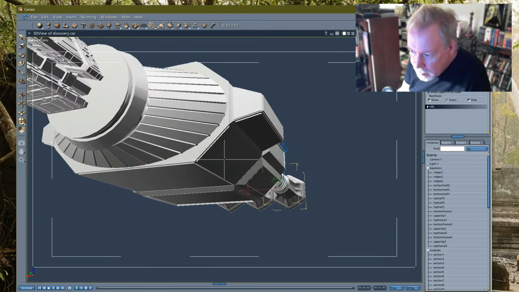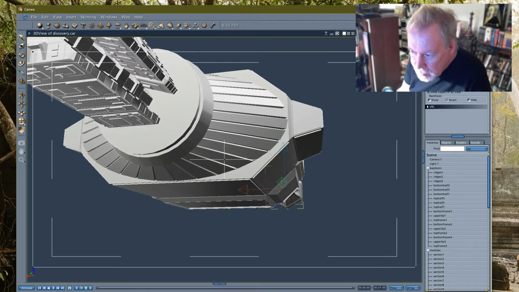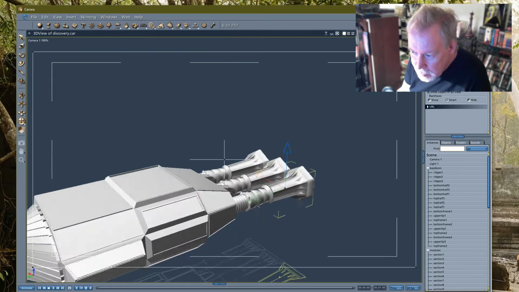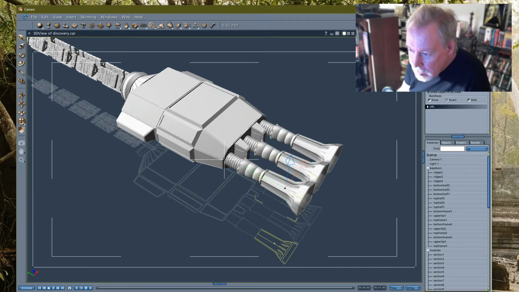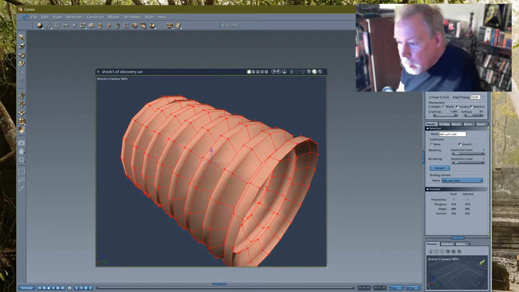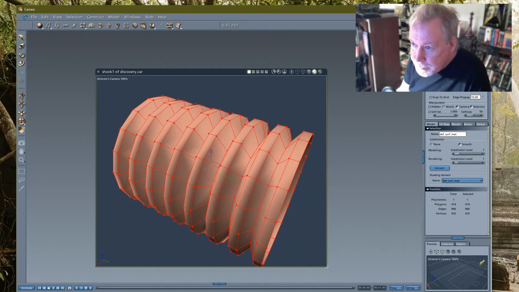But from this angle, I like to see the engines. But in the movie, from this angle, you don't see the engine. Or if you do see the engine, you see like that much of it behind the ship. But I like to see that much behind the ship because I'm an engine person. I like engines. I like thrusters, rockets, that kind of thing. I'm trying not to rant too much in this video, but I can't help myself.